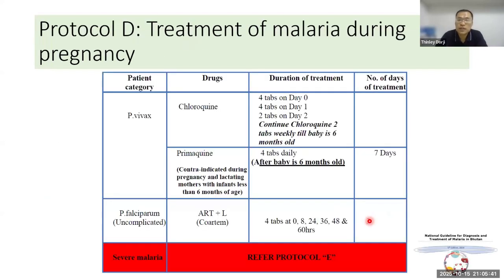So as per protocol D of our national guideline, if it's malaria in pregnancy with vivax, you will give chloroquine, 4 tablets on day 0 and day 1, and 2 tablets subsequently on day 2 onwards, and then weekly till the baby is 6 months old. And after the baby is 6 months old, then you will give primaquine 4 tablets daily, that's 0.5 mg per kg for 7 days. If it is an uncomplicated falciparum malaria, then you can give Coartem,